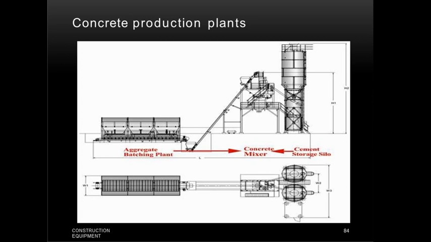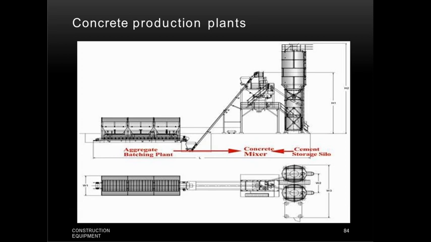So this was about the concrete production equipment, where we can use different equipment like a concrete production plant, that is a batching plant, where we can supply the cement, aggregate and sand and produce the concrete. The second is the concrete mixer, which is a drum mixer and pan mixer. In drum mixers, tilting drum and non-tilting drum can be used for concrete production, and in the pan mixer a pan can be used for the preparation of concrete. The next one is the truck mixer, where fully or partially mixed concrete is transported in a truck and mixing may take place also during the transportation.